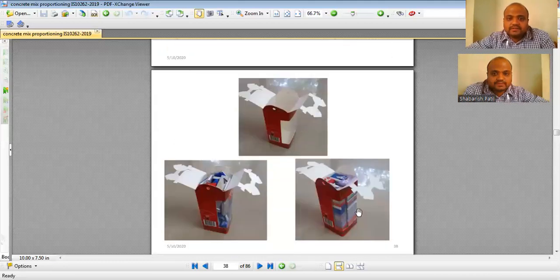If you look at this box, it is filled with chocolates. Look at this here. You could find more voids in this box. At the same time, if chocolates are arranged in a nice manner, we will find minimum voids in it. This can be related to the grading of your aggregates. I'm supposed to use that type of grading which creates minimum voids, in the sense that minimum space is required to be filled with the cement paste.